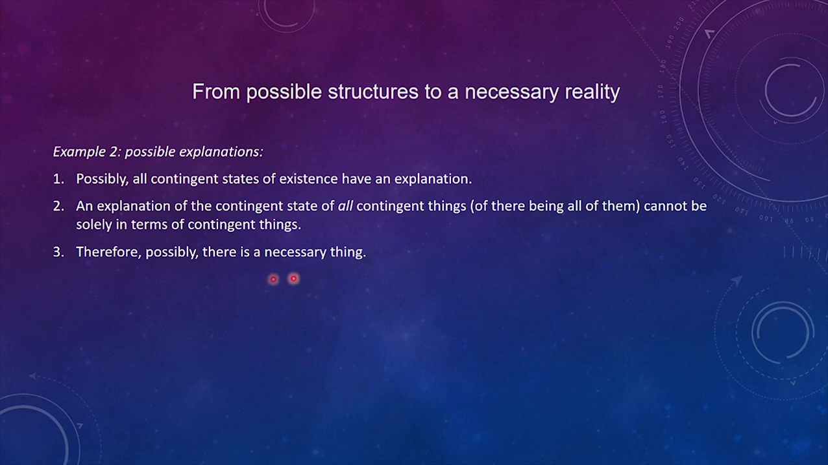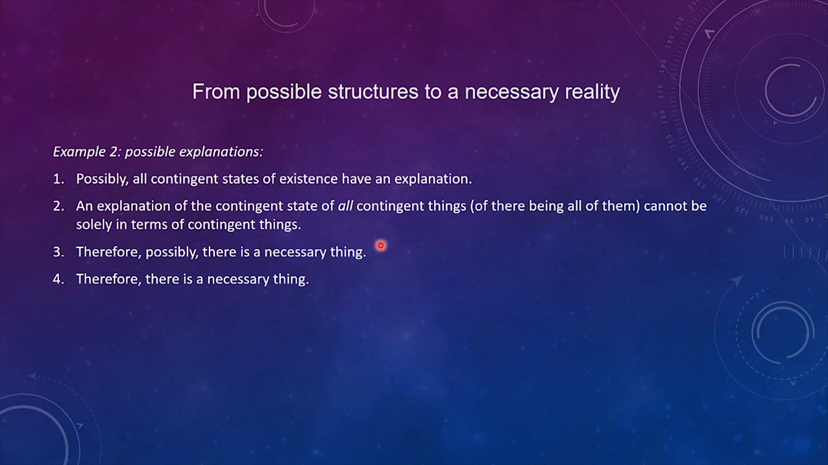So this is the critical premise from which we can argue that therefore there is a necessary thing. Again, because a necessary thing is the kind of thing that's either impossible or necessary. And if it's necessary, then it's actually real. Another way that you can think about this inference from the possible necessary thing to the actual necessary thing is